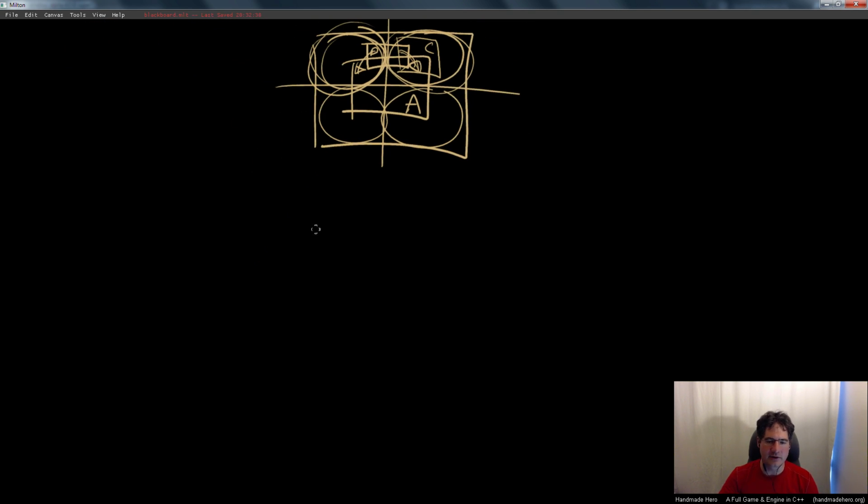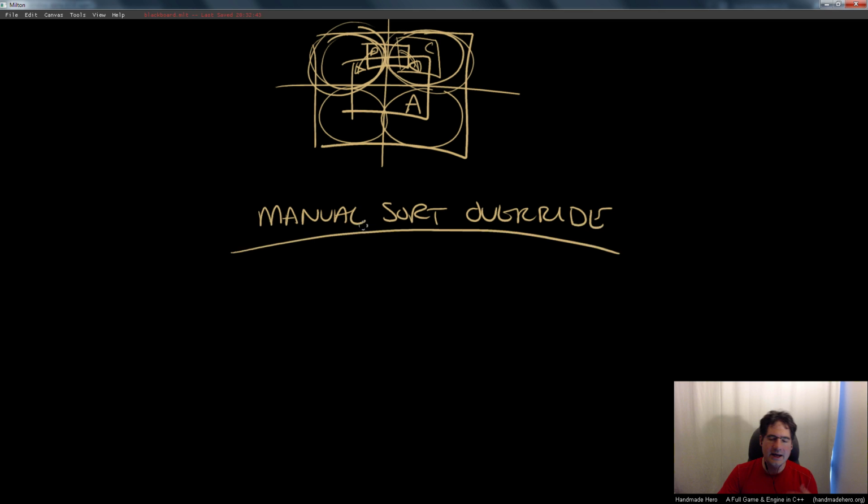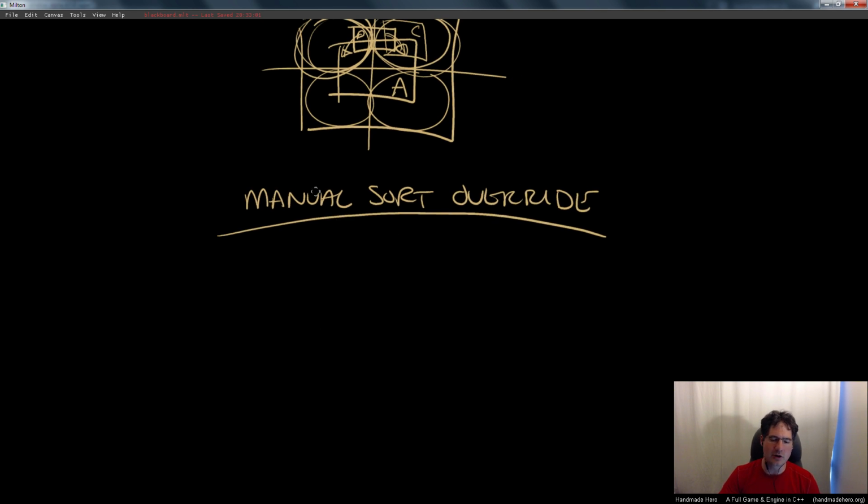But anyway, let's move down here to manual sort override. Now, it may become clear to us after we do some work with the actual game assets a little further down the road that we don't really need anything like this. I don't really necessarily know. But I do certainly know that the possibility exists that we will need to do some sort of manual sorting override. And the example that I've already sort of used for this in a couple cases is the hero